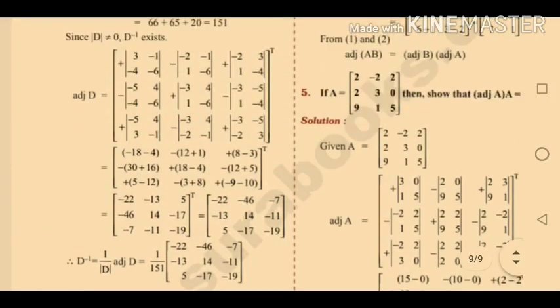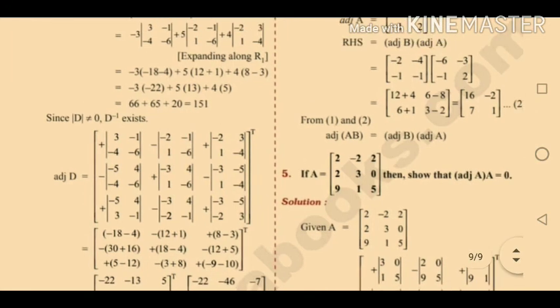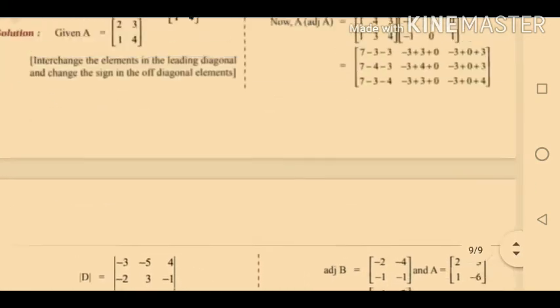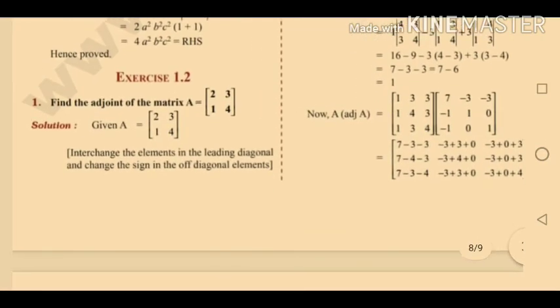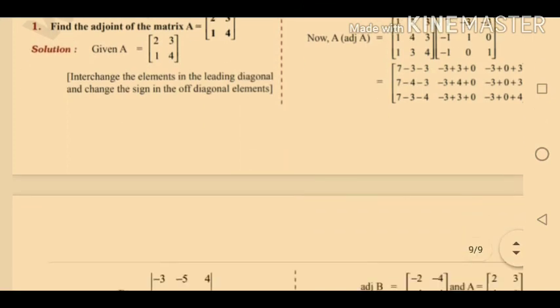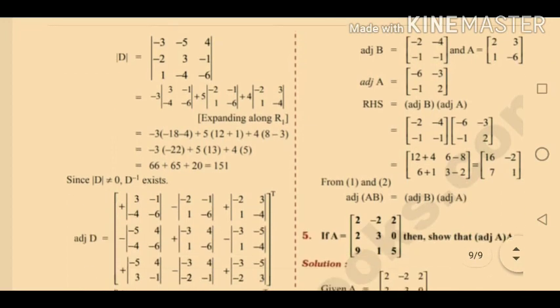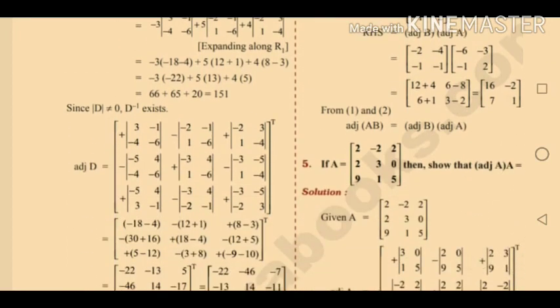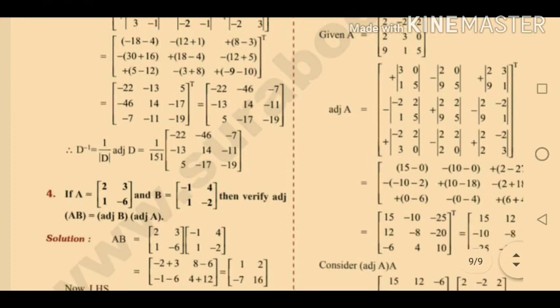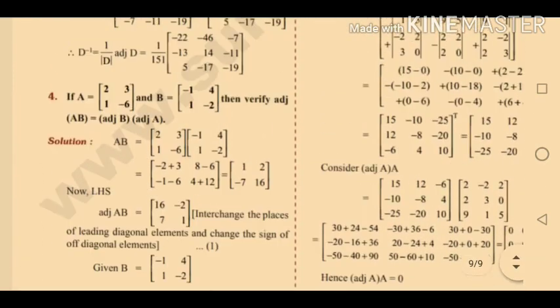Okay, so we revise all those things. In exercise 1.1 we saw about minor, cofactor, all those things. In this exercise you are finding the adjoint, how to find the determinant of A and adjoint of A, and the meaning of singular matrix and non-singular matrix. If it is a singular matrix, A inverse does not exist. If it is a non-singular matrix, A inverse exists. So you find A inverse by applying the formula 1 by determinant of A into adjoint of A. This is the way you find the value of A inverse.